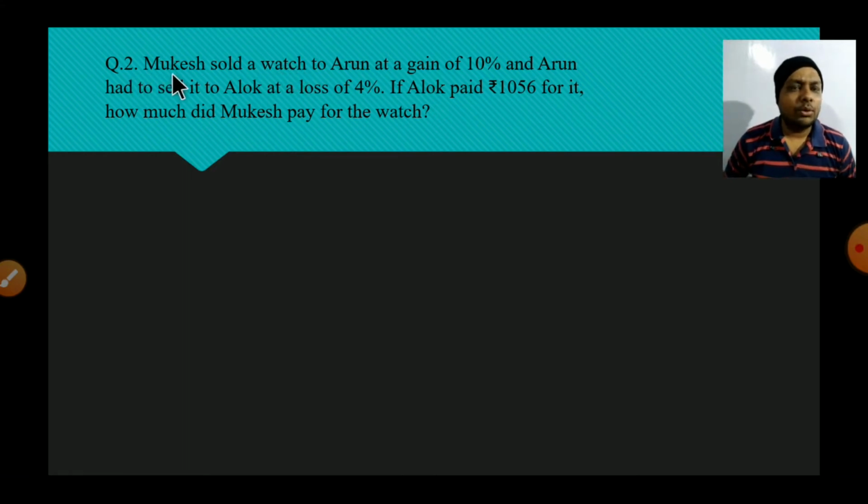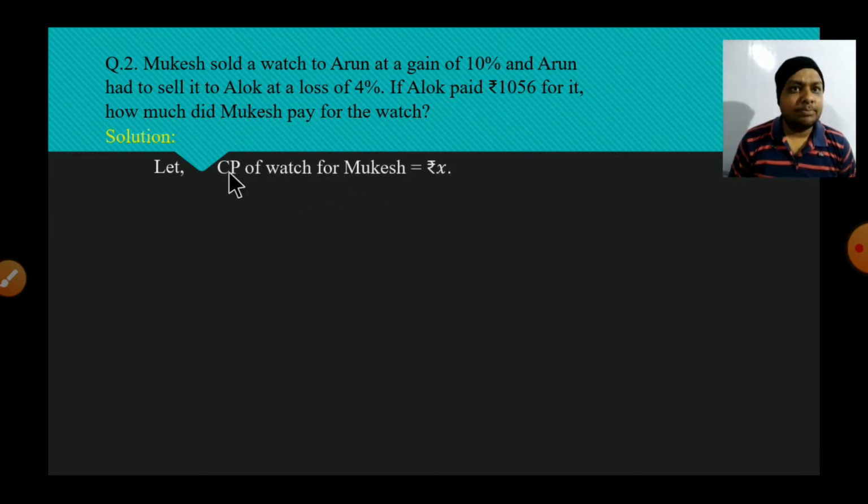Okay students, so it is continuous selling. So let's see how to find it. At first we will assume what Mukesh paid for the watch. That we will assume. So here we can say that let the CP of the watch for Mukesh be